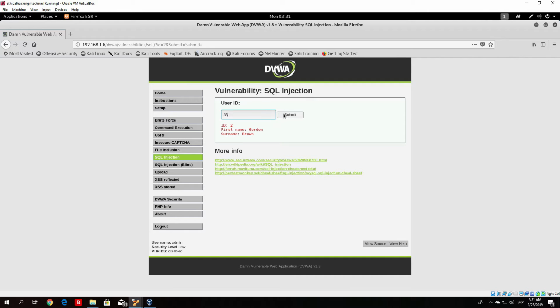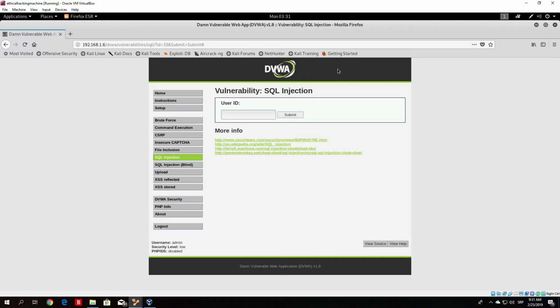Now let's try here 32, for example. There probably isn't. So as we saw, if you type here 32, it won't give out any output since there isn't a user under the ID of 32 or 33. I don't know what I typed, I forgot, it doesn't really matter. So let us continue. Now, it all seems good for now, but what happens if we type here a special character that is used in programming languages, for example? Now, we can cheat right here and view the source code, but